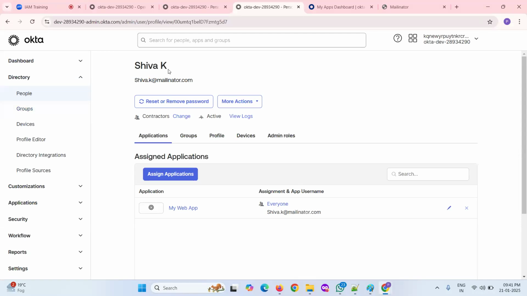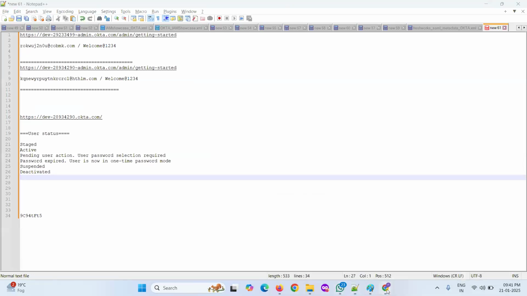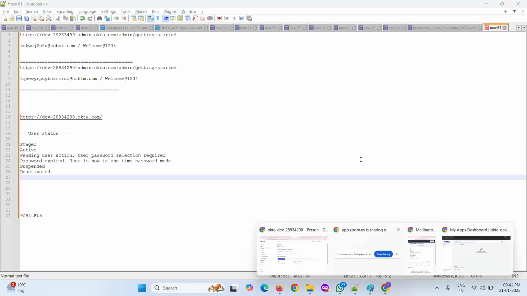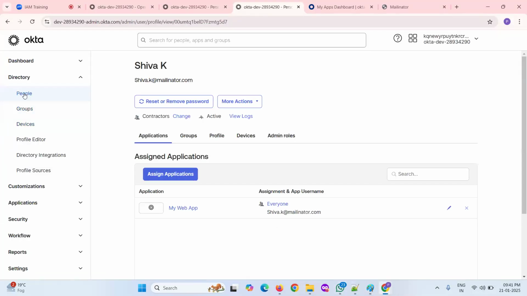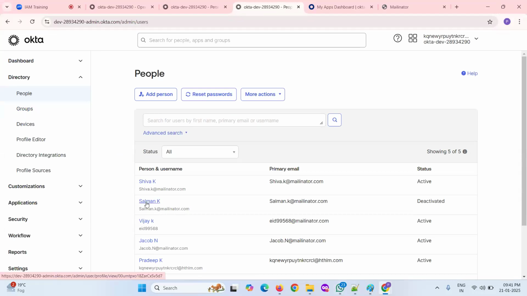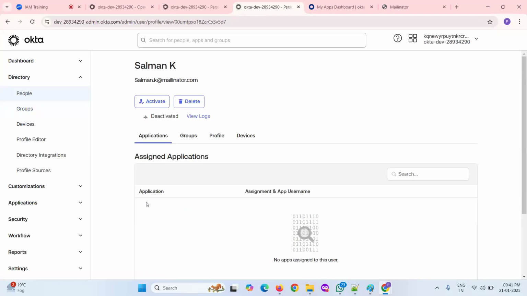See, here we are creating the users only in Okta. We are not talking about Active Directory now. As I told, these users will be stored in Okta's Universal Directory. Okta Universal Directory is nothing but this People list, you can say these users. For a deactivated user, the user exists, but you are not deleting that user. If you want to delete this user,